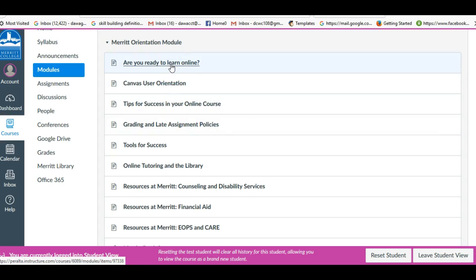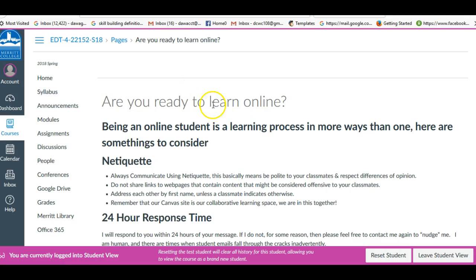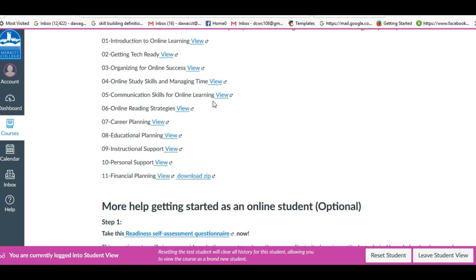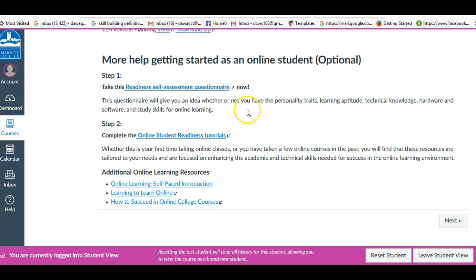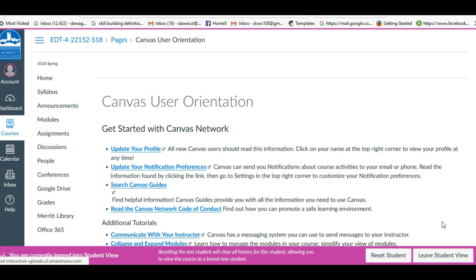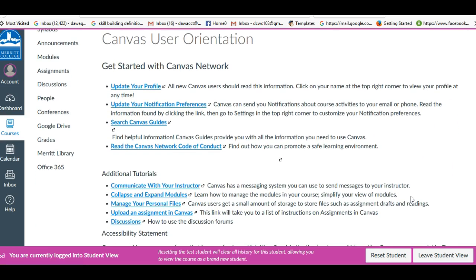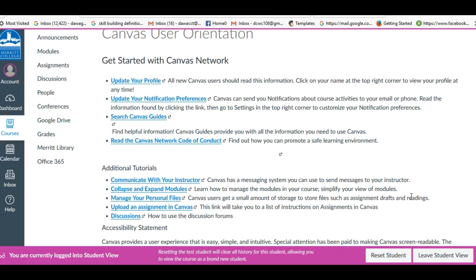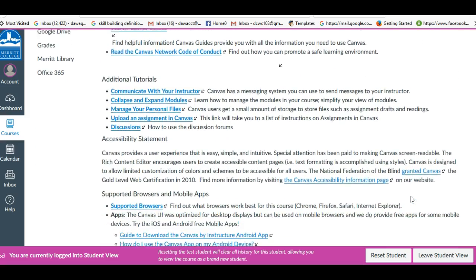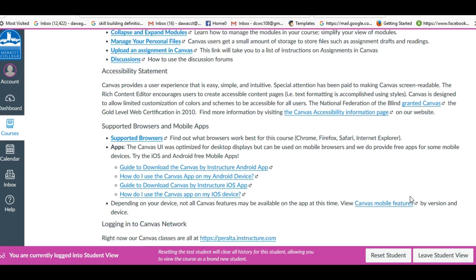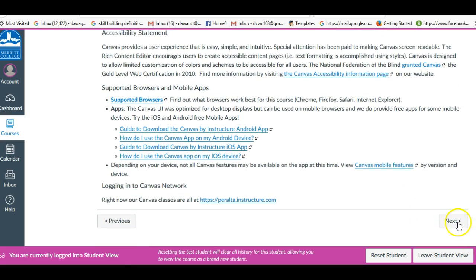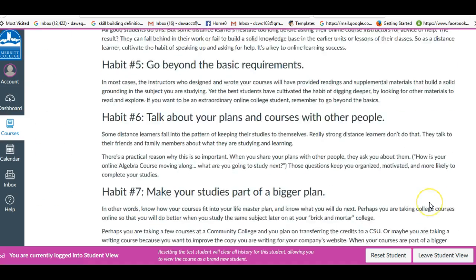Remember, to work your way through the module, just click on the first page and then read through the content and use the next button to go to the next page, and in that way you can just work your way through the module. This module has information about Canvas. It's got tutorials, information about browsers, tips for success,